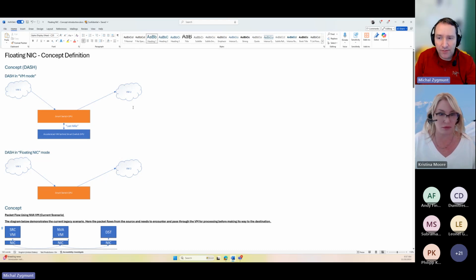So it means that all the NVAs can be accelerated much, much more, because it's not only that all the packets will be going through the NVAs, but the smart switch can be configured so that only selected packets go through the NVAs, right? So you can think that the NVAs can scale much, much more than the current compute scale,